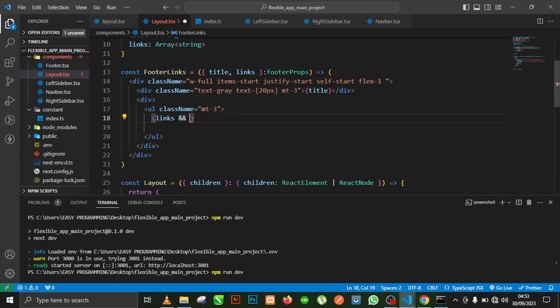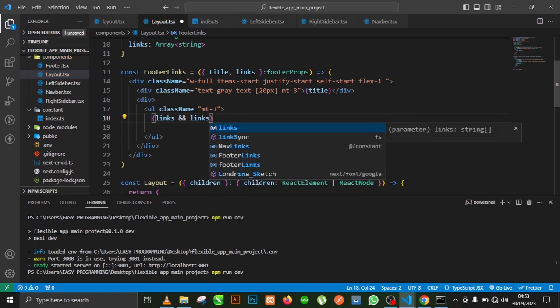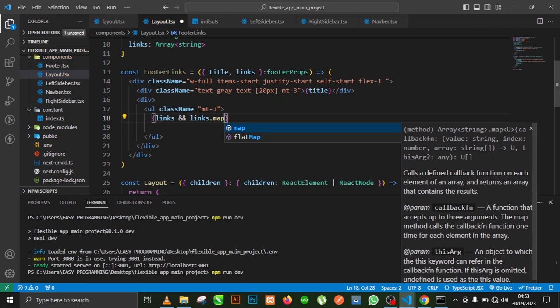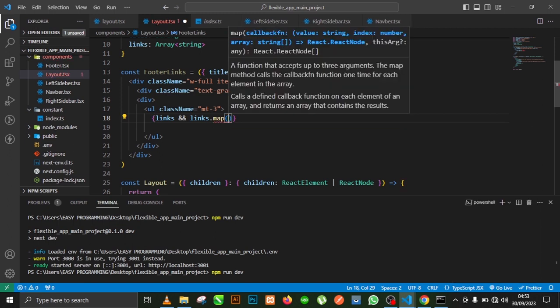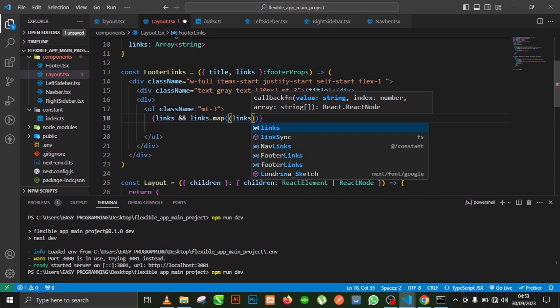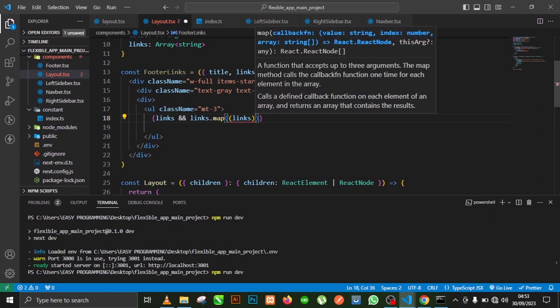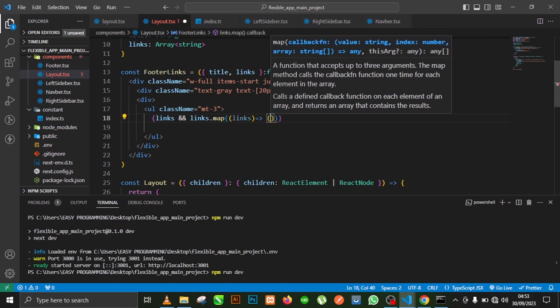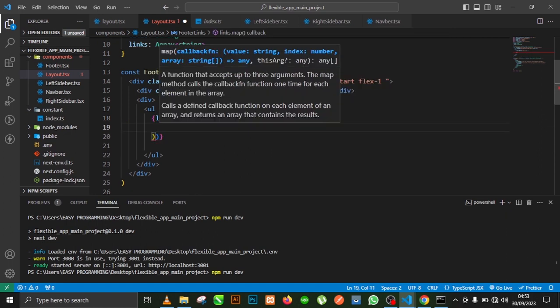I'm going to say okay, links dot map, whereby we call the map function. The map function is a higher order function in JavaScript. So we call the map function and we get individual links, and also we return a function, and this function is going to be an instant return, whereby I can return